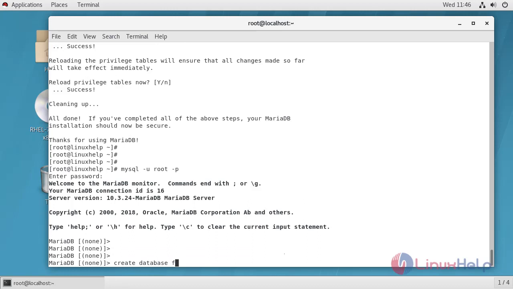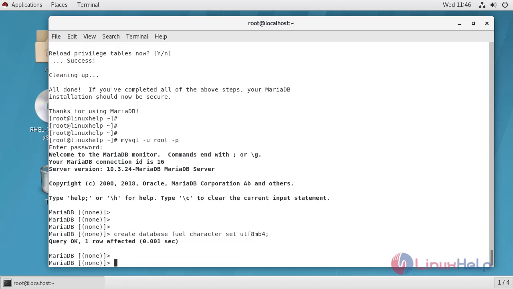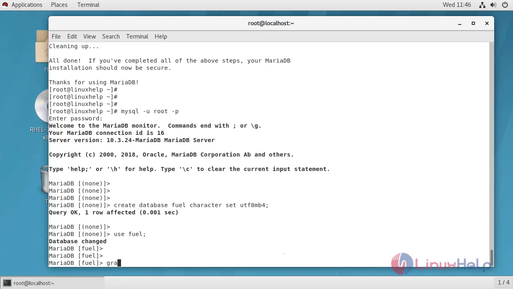Create database name. Grant permission for the user on Fuel database.